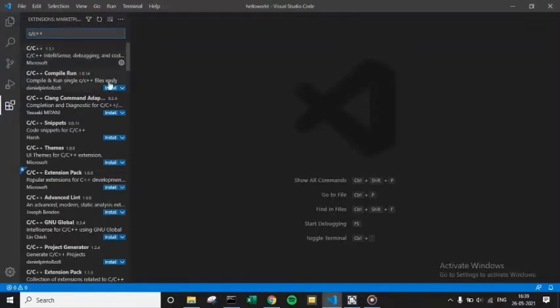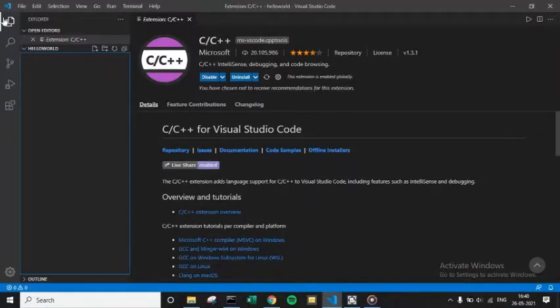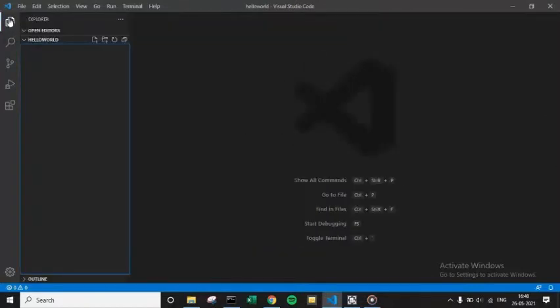If you didn't install it, then it will show something like install, and here sometimes it will display all the versions. I've installed it, and it will look something like this. Once you install, it will ask you to reload the page, or close it and open it again. Now let's set up the compiler path first, and then we'll configure the build task and debug settings, and finally use the bash shell.